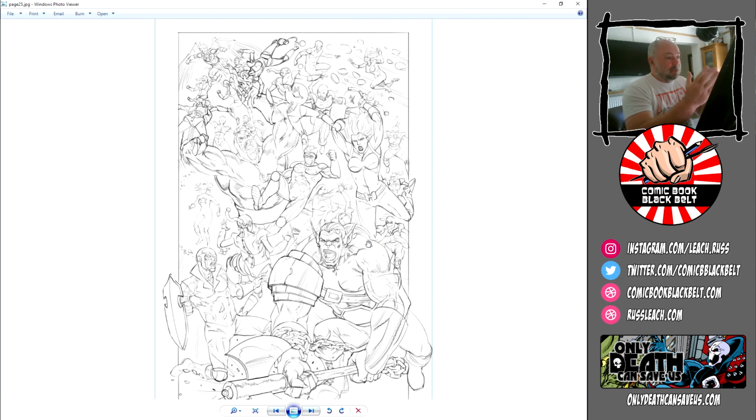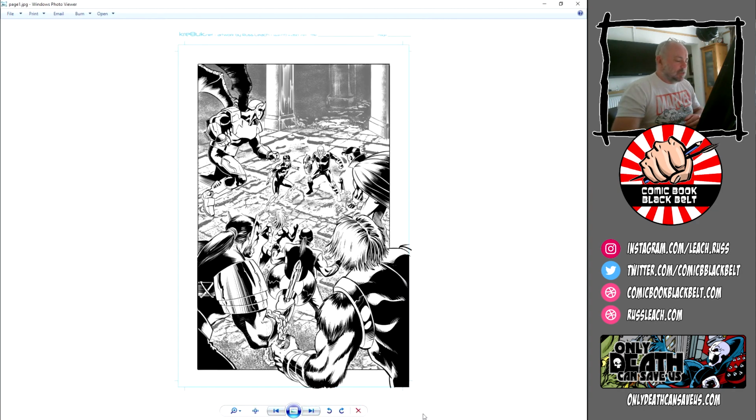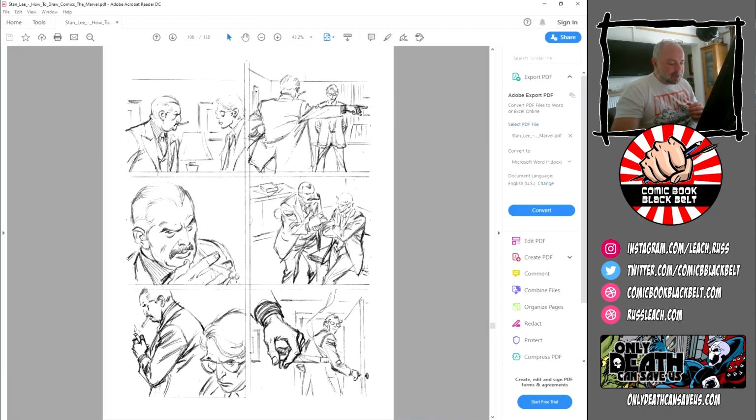So this is effectively one panel. How do I fit all my characters onto the panel? Where are they as far as depth is concerned, behind each other, in front of each other? How far back does it go? What do I need to do in order to include all those characters in the panel? So there's so many different aspects to composition. But buy this book, put it on your desk, read it all the time,